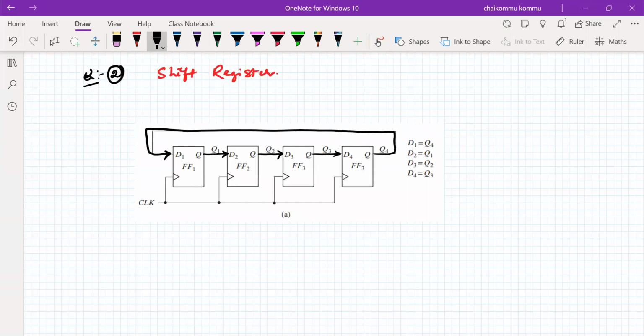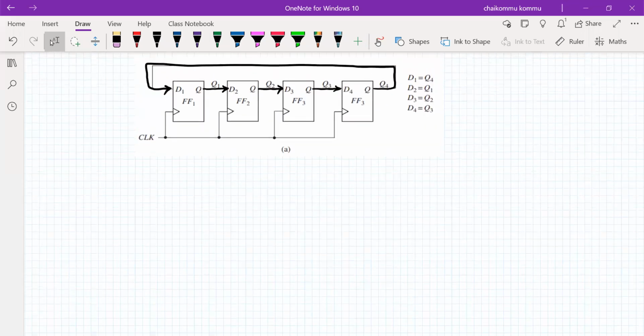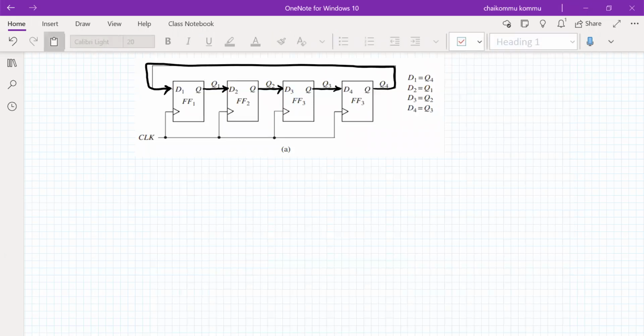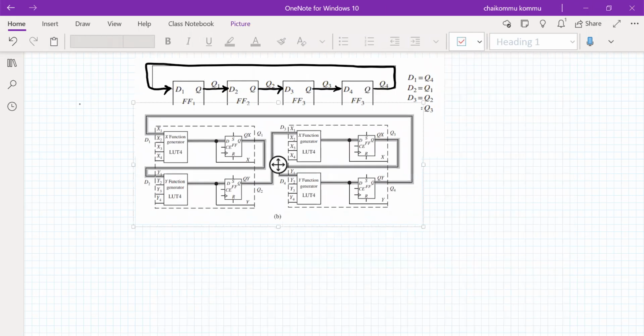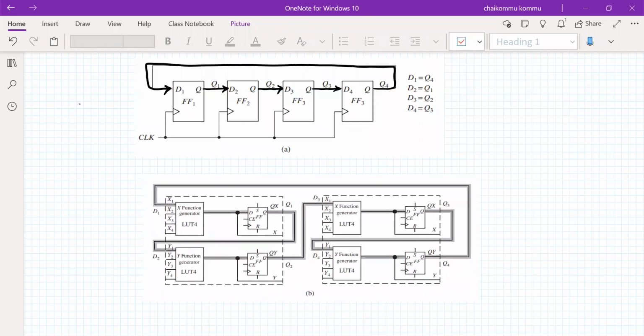I want to implement this in the FPGA. Everybody knows the same kind of argument applies here. We don't want to consider any logical implementation. We focus mainly on the flip-flops only. How can we configure this FPGA so that it acts like that? Let us consider it in this way. This is how we can configure the logical blocks in this fashion.